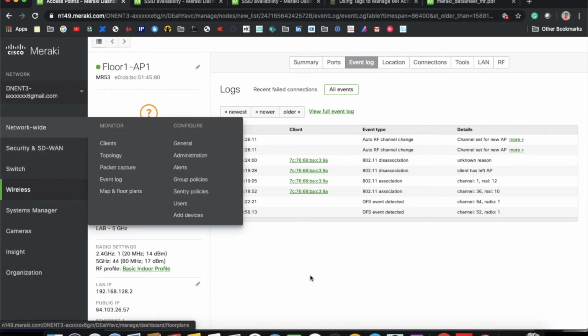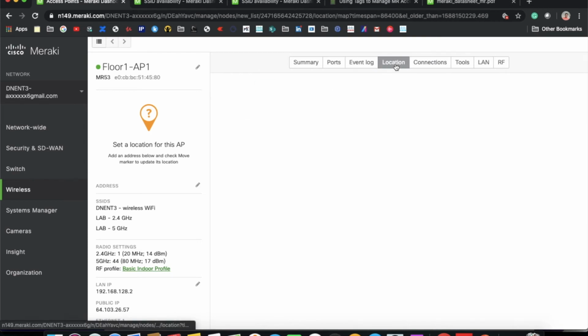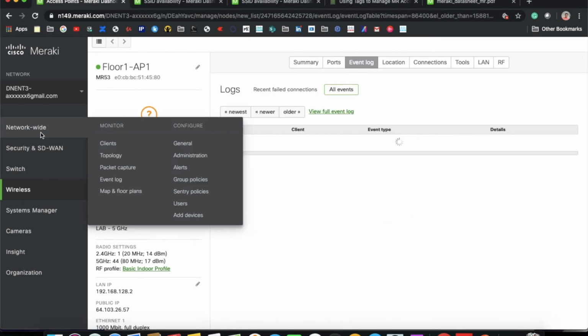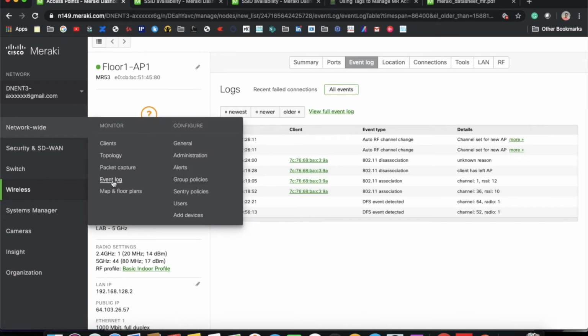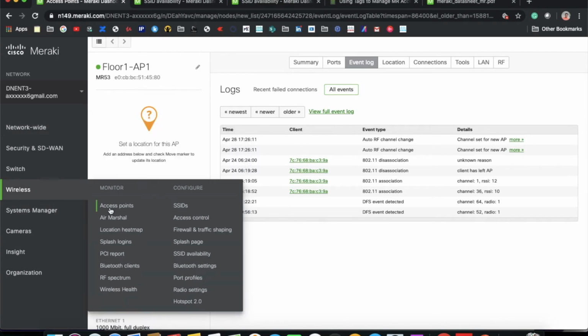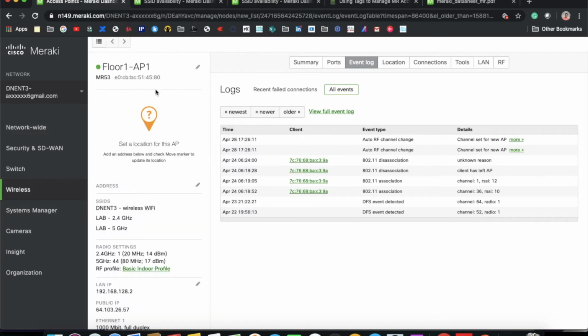Generally in the production environment for event logs we go to the centralized option, because it would be difficult to see the event log for each and every AP by going specifically to that AP option. But if a particular AP is not functioning properly, you can see the event log specific to that AP in this section.